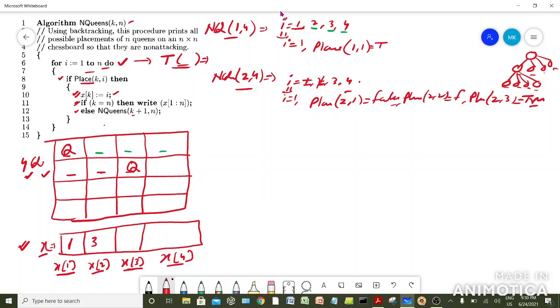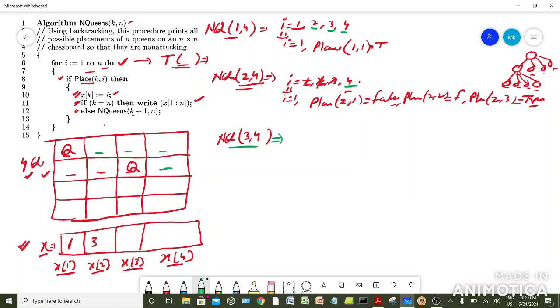Fine, then make a check whether we reach the solution. We are not yet, so its else part will be executed and the next call will be made with nq 3 and 4. Fine, now try to observe that for this call 1 was exhausted, 2 was exhausted and 3 was exhausted, but 4 was there in the stack. This 4 was there in the stack. Fine, now consider this call 3 4.